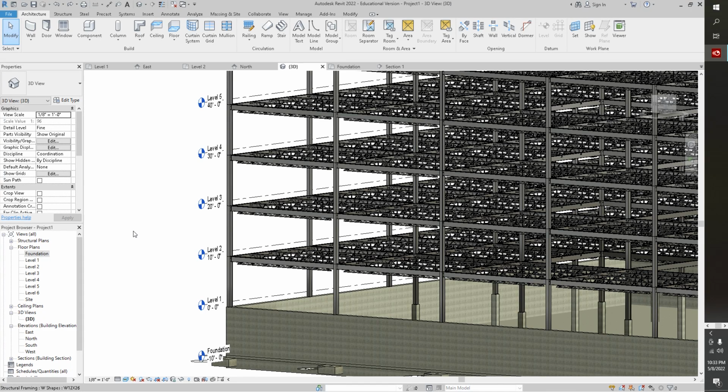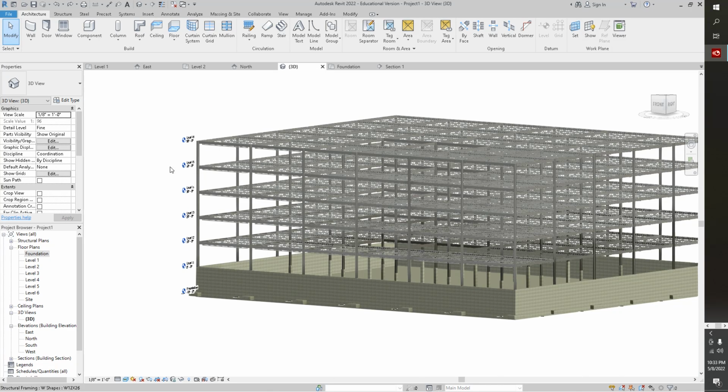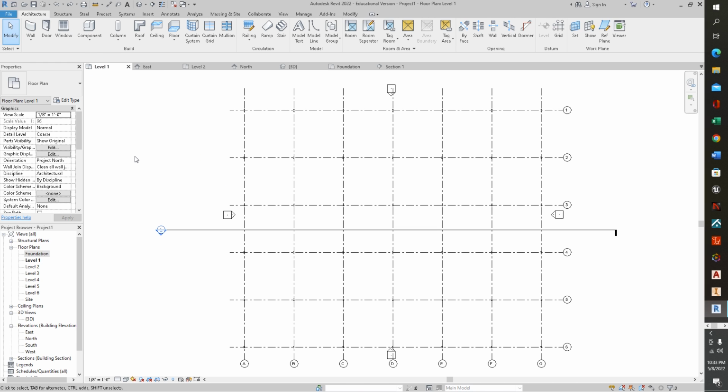Okay, welcome back. We've got our building set up so we have all of our steel structure and concrete structure up to level 6, from our foundation level to level 6. The next thing we're going to want to do is, we've already got a slab in the foundation level. We would like to maybe add in some other structure to this, such as walls, and